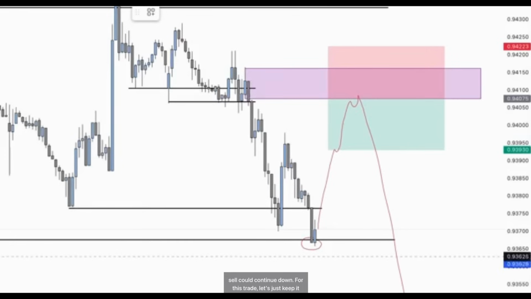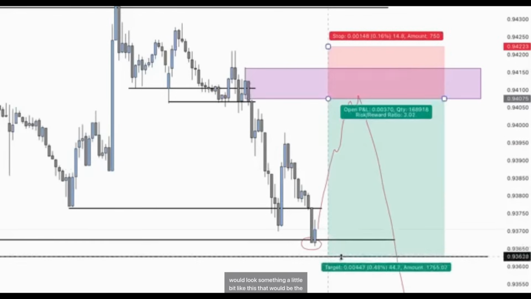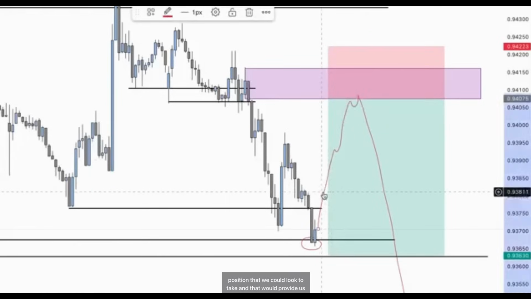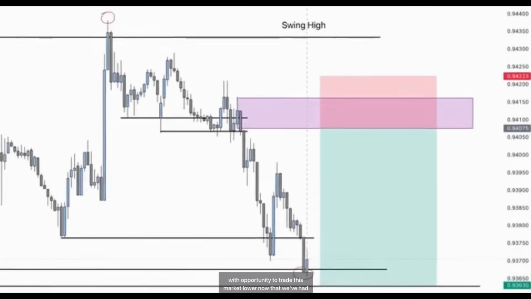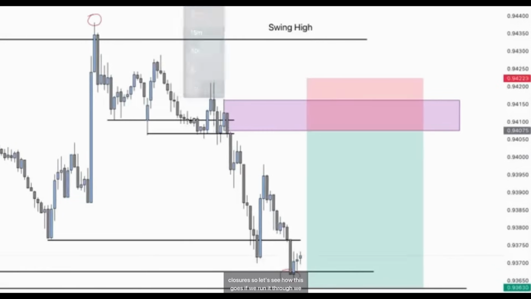For this trade, let's just keep it simple and look at this open demand zone below. So our trade would look something a little bit like this. That would be the position that we could look to take. And that would provide us with opportunity to trade this market lower now that we've had closures. So let's see how this goes. If we run it through,